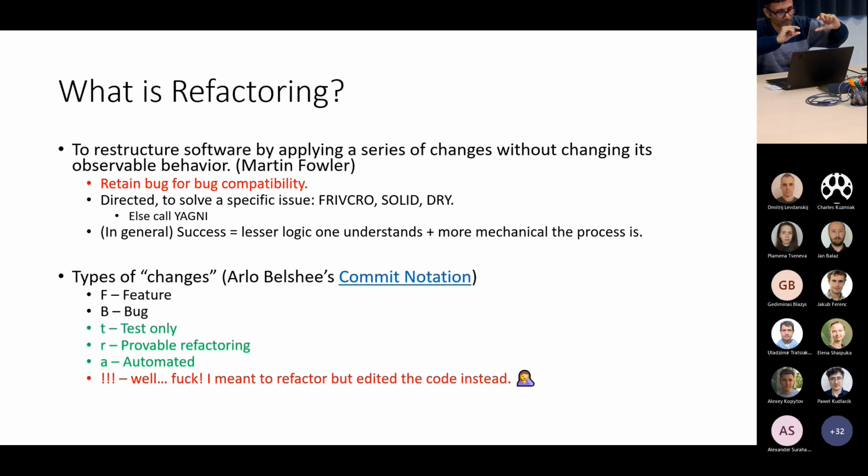When you start, a change does one thing and one thing only. And what is that one thing? You first plan it out. First I'm going to introduce this feature, or first I'm going to introduce this test, in whatever order, but you stick to that. So this is one of the ways to structure your refactoring. I don't use the commit notation, but often my commits are structured this way. I don't tend to mix at least the last one with any of the previous ones.